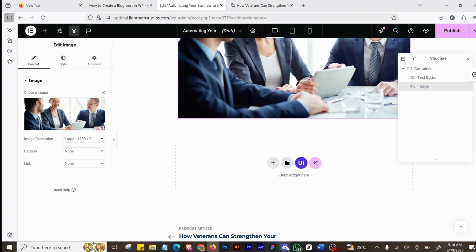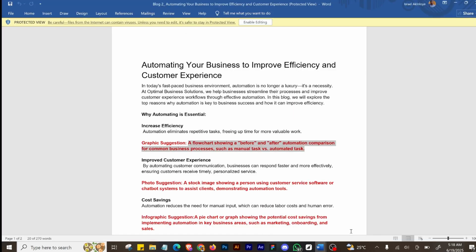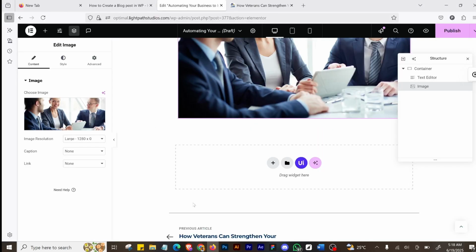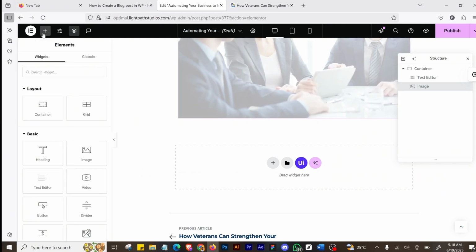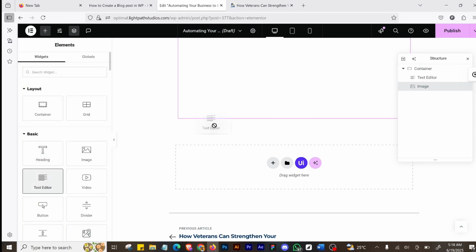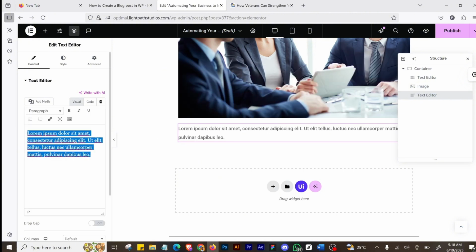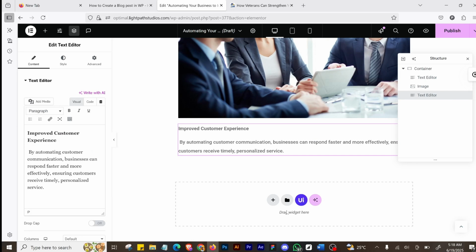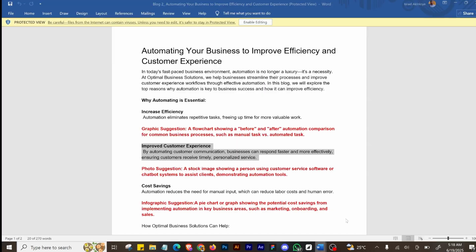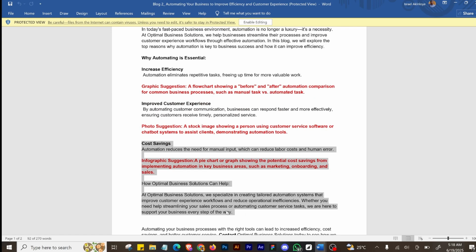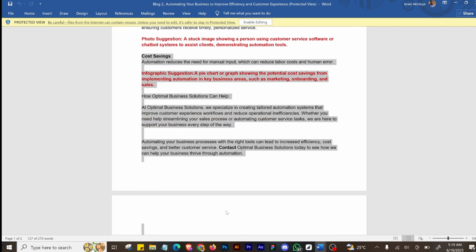So you could continue further by adding other text, like there is other text down here, right? I'll copy this as well. Come back to the post page, come to add elements, add text editor, then post it at the bottom of the photo. Then you could add this as well, right? And add other text as well. So I'm just going to copy all, then I'll take out the red line, red text, which is basically for